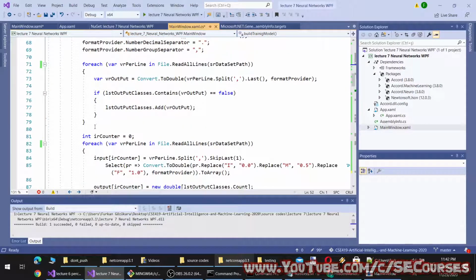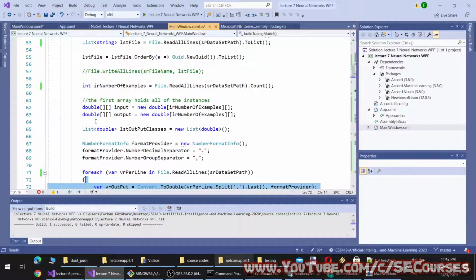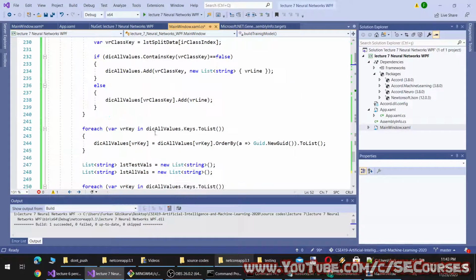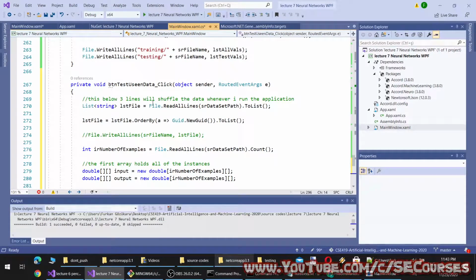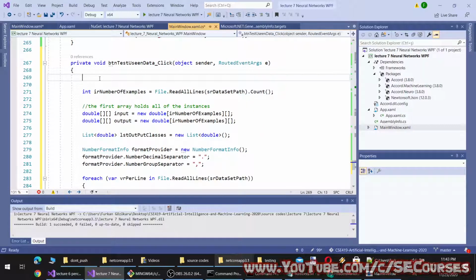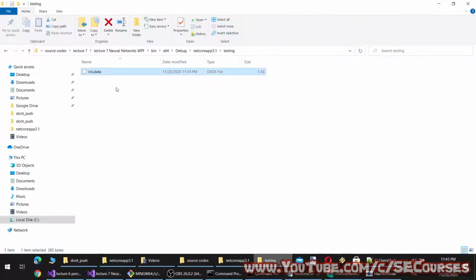Okay, this time we will just read the data here. I'm just doing copy paste at the moment, however it can be written better. So the data path will be this one.